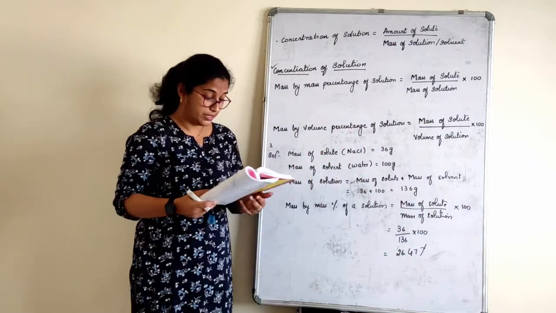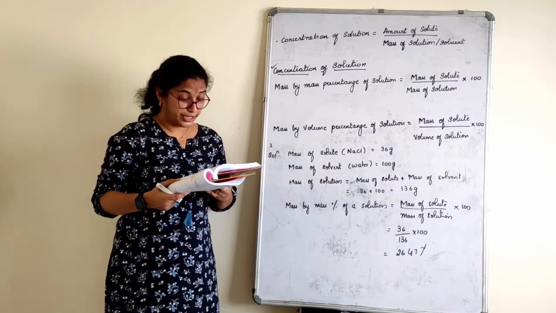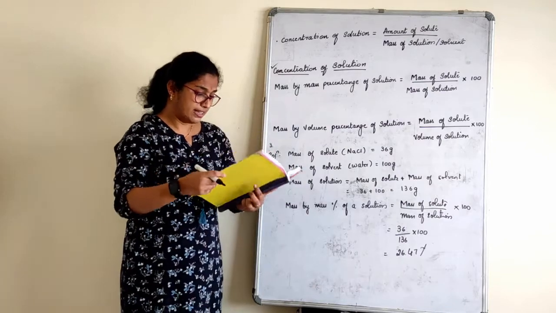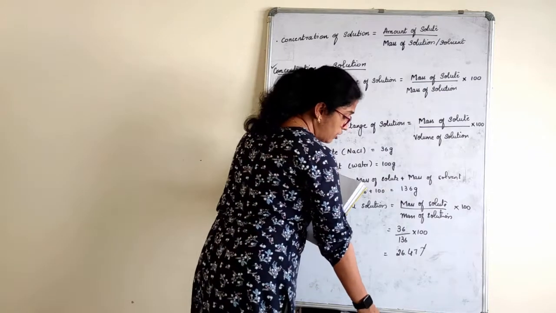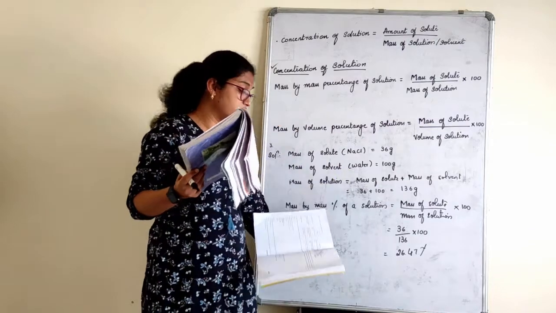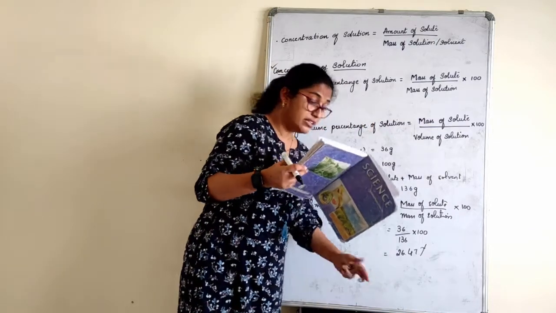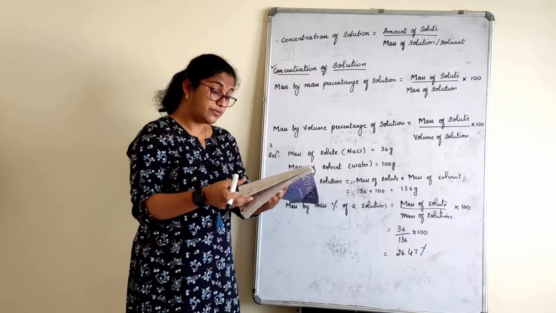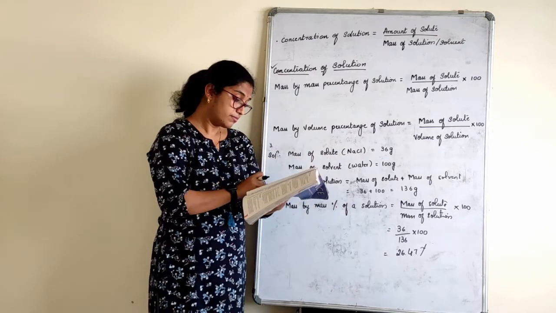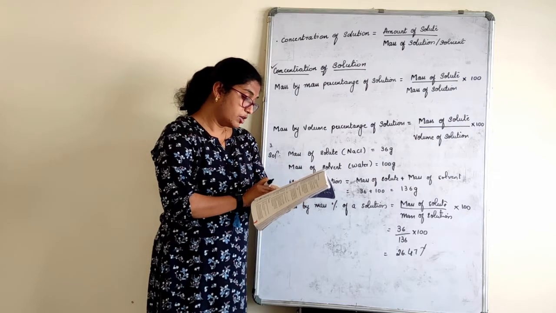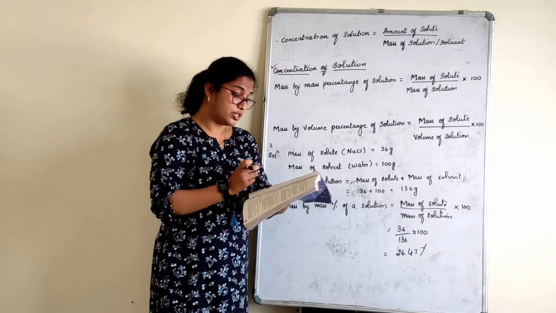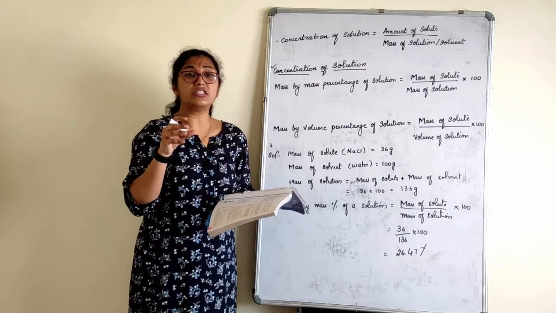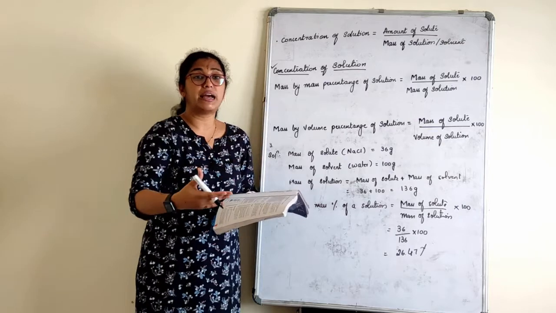I have written a bit down. I hope it's visible. Yes. So 26.47%. That is how you actually solve it. One more question. In exercise you don't have any questions here. There's another question given in the worked example. This was a worked example actually. I'm sorry. This was not a worked example. This was actually a given question. They have also given it a particular temperature. That does not matter here. Temperature is just to inform us at what temperature this was happening.